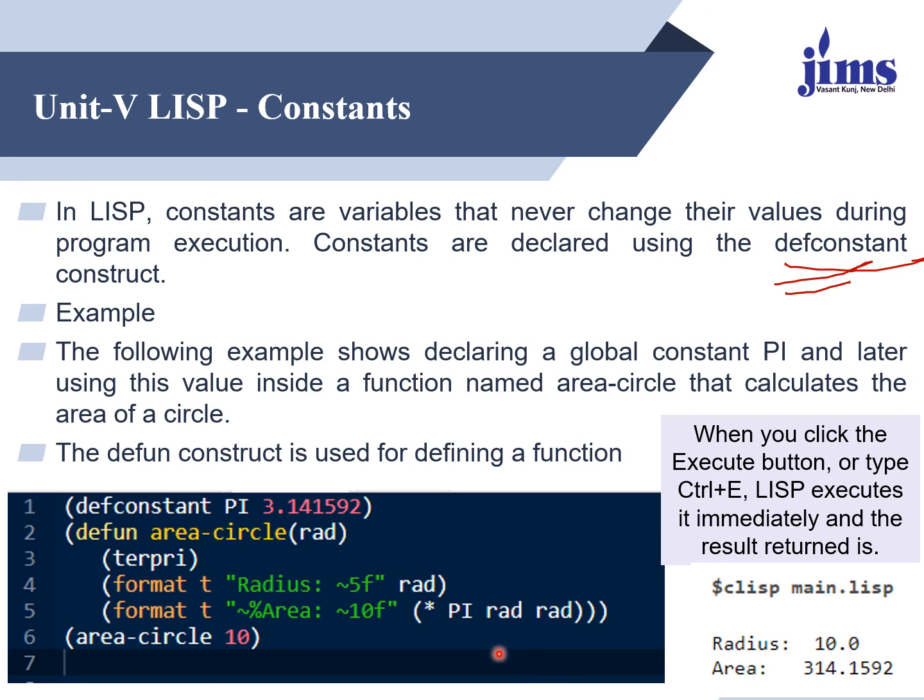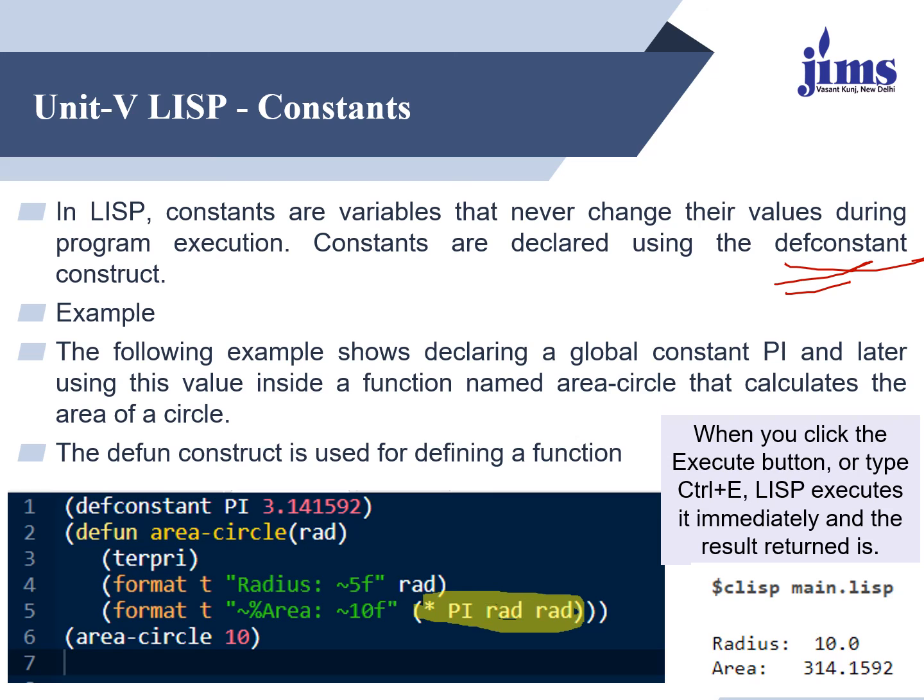and we know the area of a circle is pi into radius into radius. When we write it in prefix notation, within brackets we will write * pi rad rad. So here I am saying format t radius tilde pi var, means in float with 5 bits I will be displaying the radius, and then tilde percent means a new line will come, area colon as it is will be printed, and tilde 10f means the float value will be printed with size 10, and then within brackets I'll write * pi rad rad. So if we see over here, this is the bracket which we have closed over here,